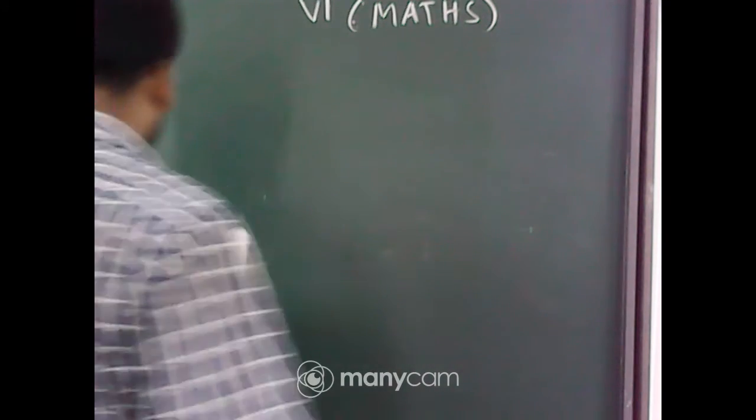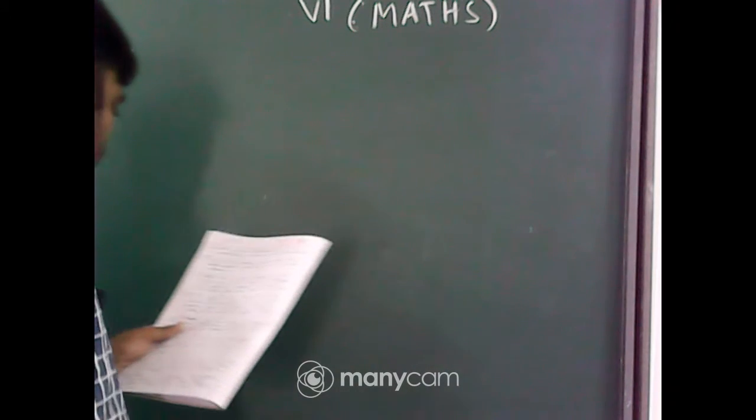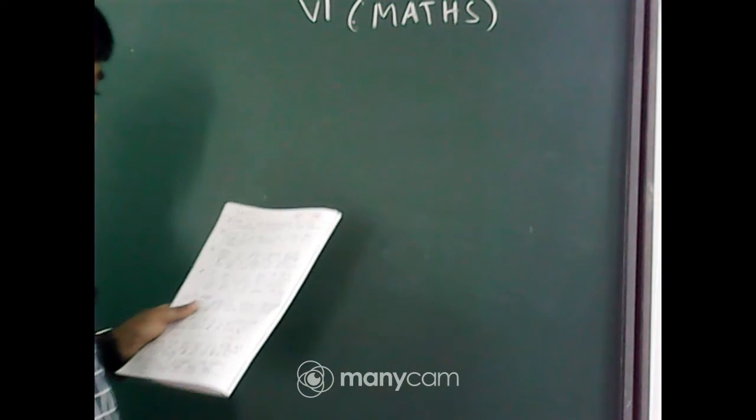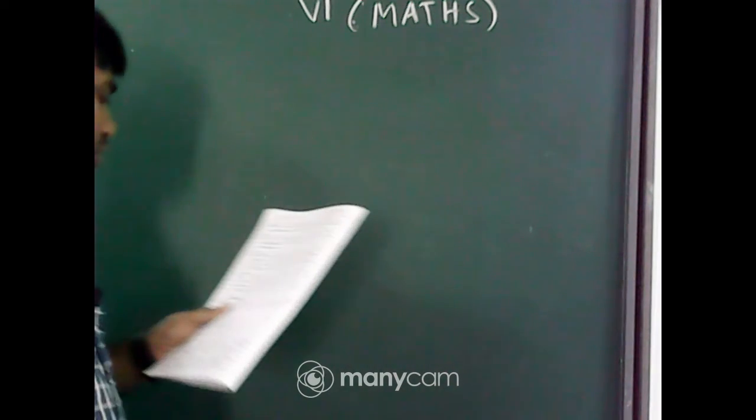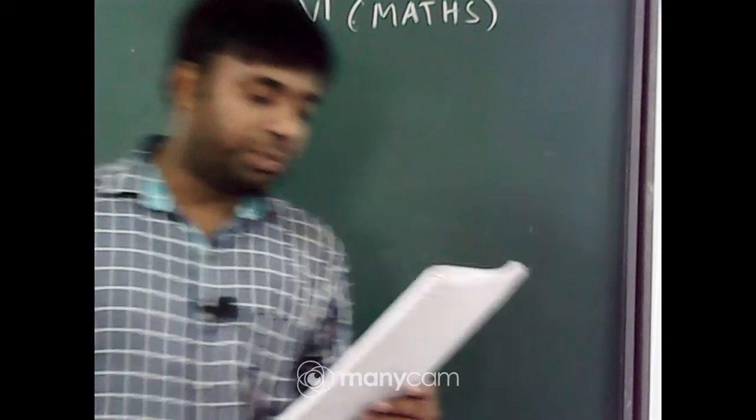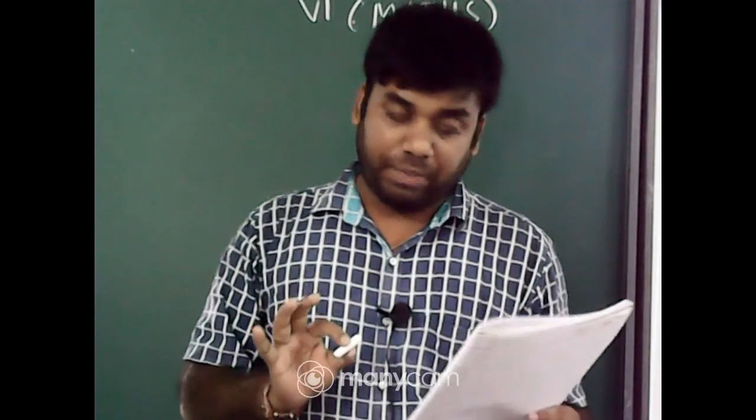If A, B, C are 3 points on a line, not a line segment, on a line, AB equal to 5 centimeter, BC equal to 3 centimeter, AC equal to 8 centimeter. Which one of them lies between the other two? Read the question carefully. If AB